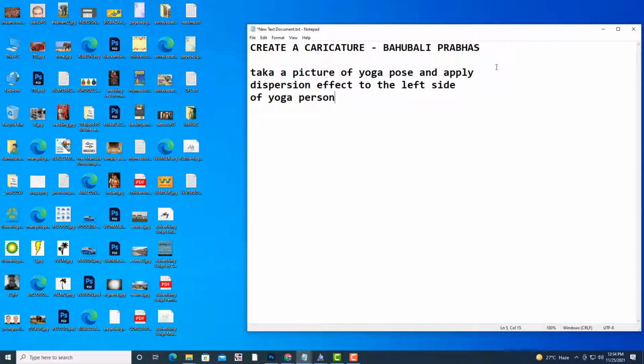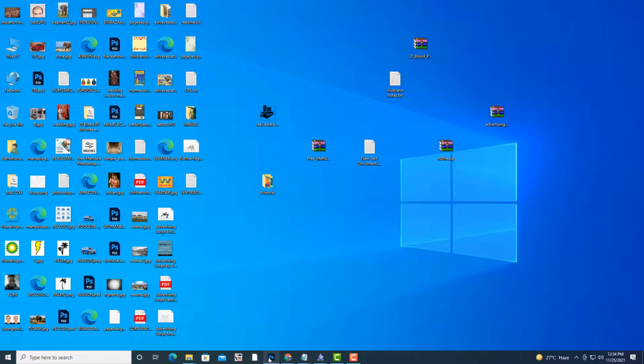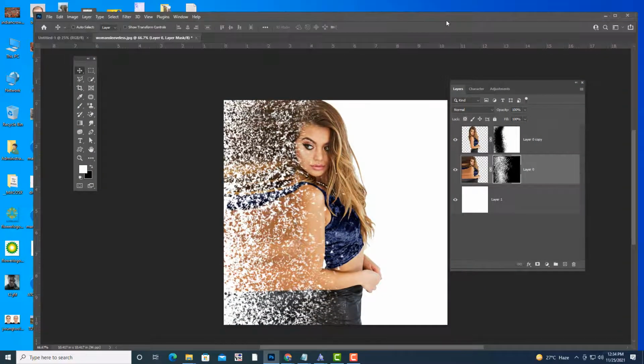Somebody is doing yoga and is getting dispersed. Okay, this is your second assignment. Understood now? Dispersion effect.